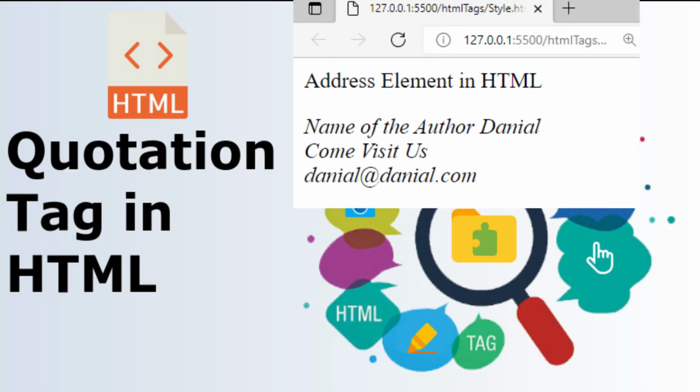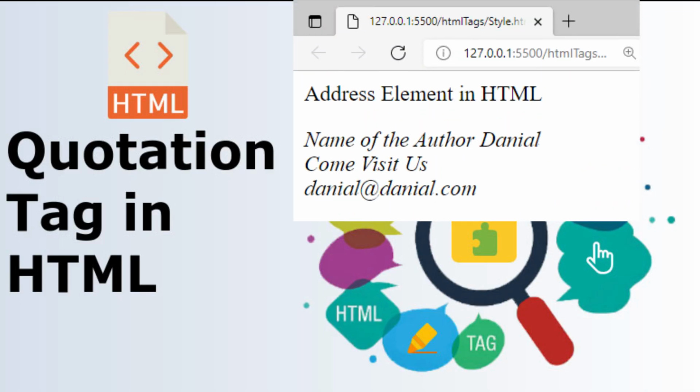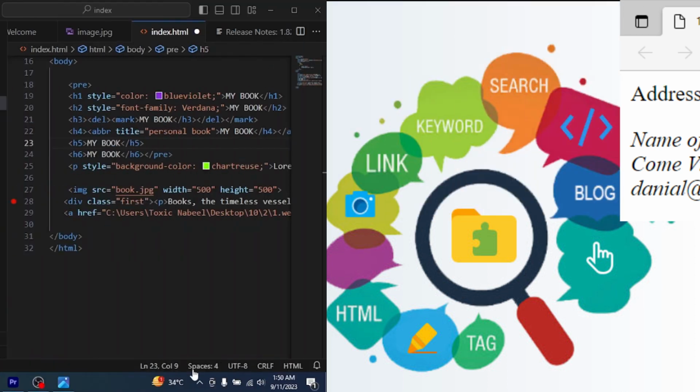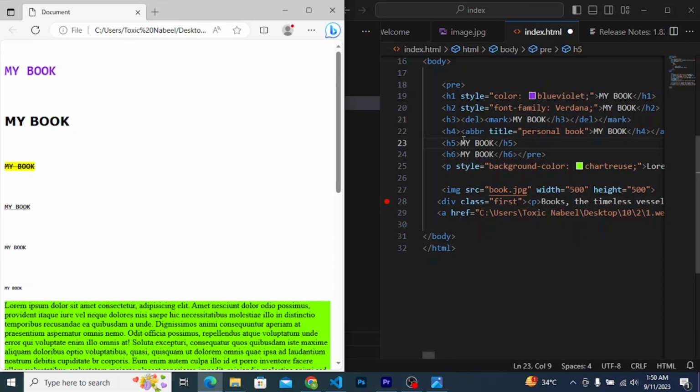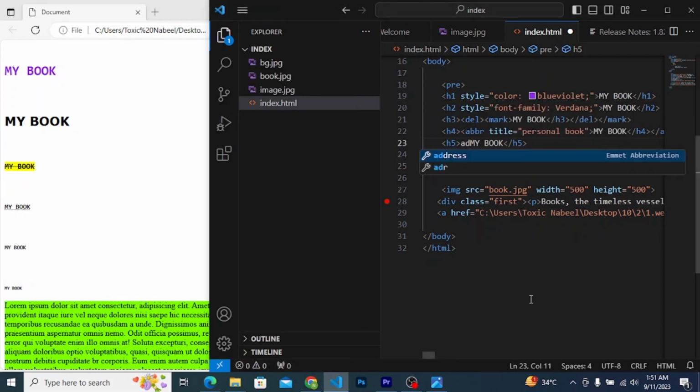Moving to No 2 is address. This tag is used to show your text in address form. This can change the text into italic form. As you can see on screen, we practically apply this address syntax before or after the text, then save it and